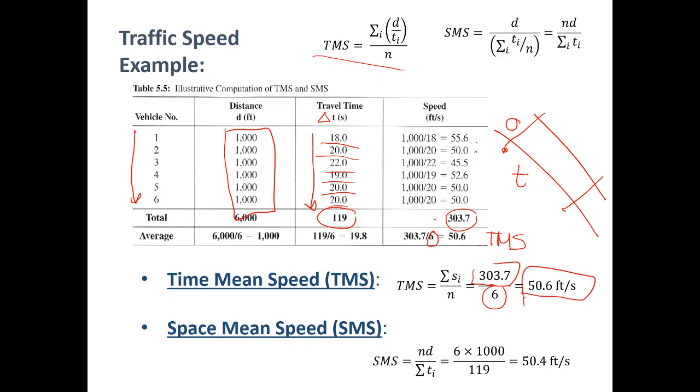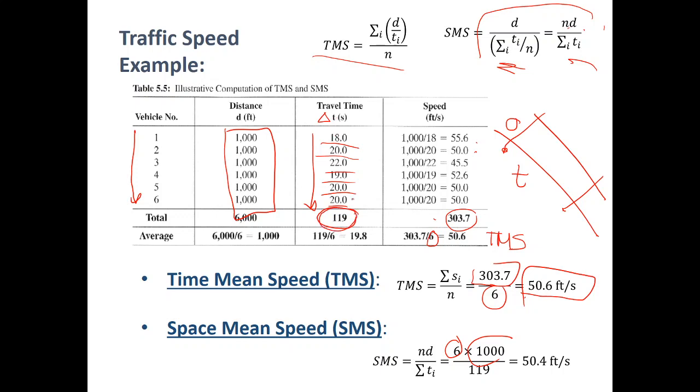Now let's do the space mean speed, which is probably the most confusing one here. So when we put this equation here, we can use this one or that one. I prefer to use this one, which is easier. So it's ND, number of cars 6 times 1000. Here what you do is the addition of the travel times for each one of them. So the travel time